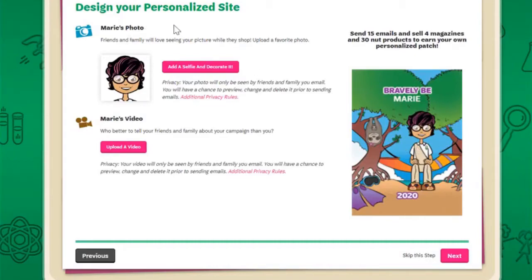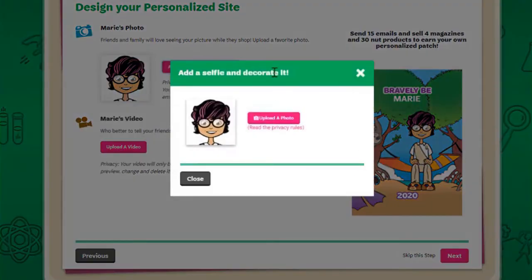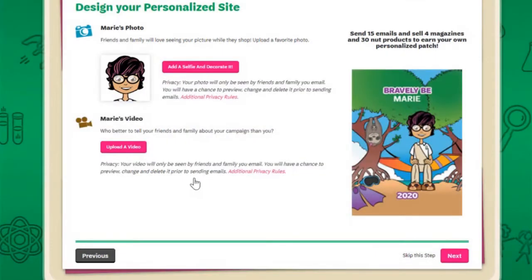Girls can upload a photo here, and there are some options to decorate it. But honestly, girls love their avatars so much that once they've created their avatar, that becomes their default photo, and that's what most girls go with. This is also the screen where girls can create a video. If you click on the Upload a Video button,